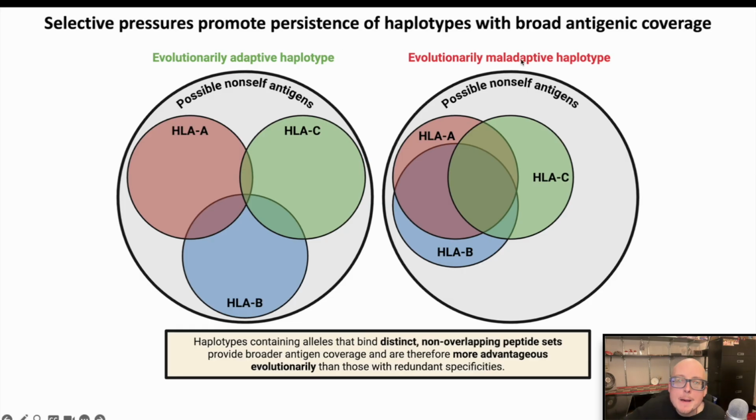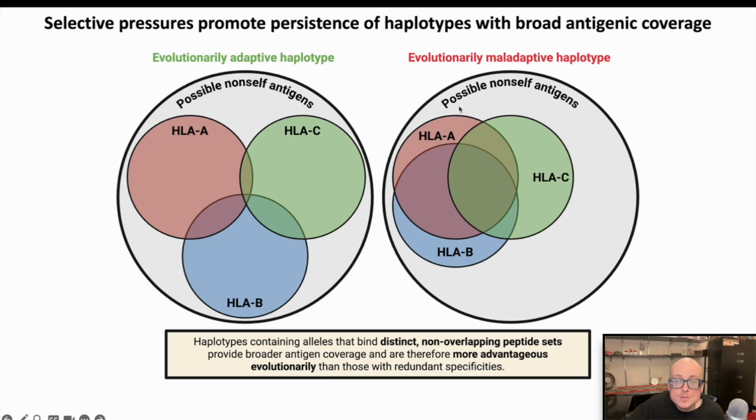In contrast, a maladaptive haplotype would mean that this person, even though they have three unique MHC class I genes, if the alleles for each are too genetically similar to each other, then the peptide binding groove of all three isoforms is going to be kind of similar, and it's going to bind a more overlapping set of potential antigens. And as you can see, the more overlapping these three isoforms are, that leaves more of the antigenic space uncovered,